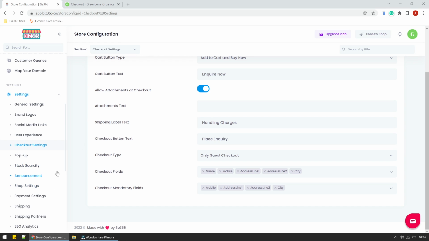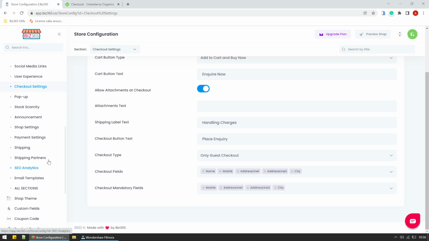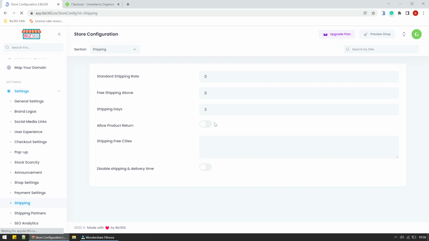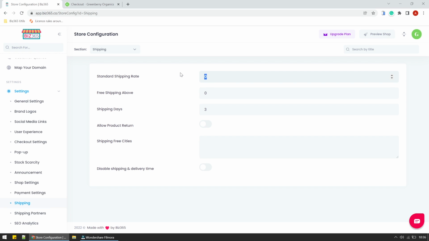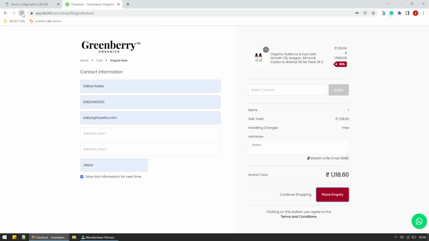The next set of settings we are going to actually cover in this video is going to be shipping settings. Now, at the time of shipping, if we want that a standard rate should apply, let's say I want that the shipping rate should be 100 rupees. And the shipping should be free if the order is more than 2000 rupees. We can configure these two things here. And the standard shipping days should be 5 days. If you do this, when I go back here,